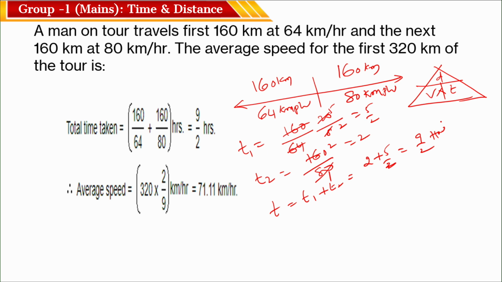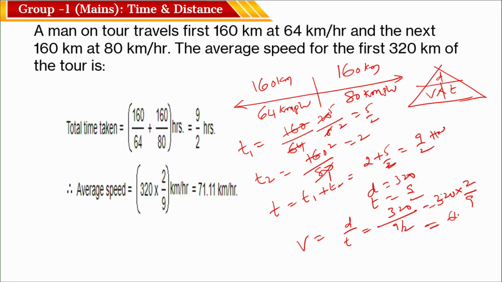correct? So you have to find the speed, average speed. But the actual distance is 320 and time is 9 by 2. So you have to find speed. V is equal to d by t, that is 320 by time, 9 by 2, or you can say it is 320 into 2 by 9, okay, or 320 2s are 640, it is 640 by 9,